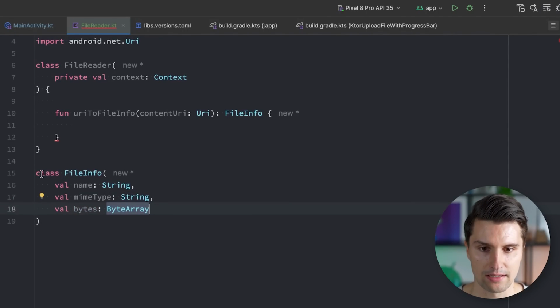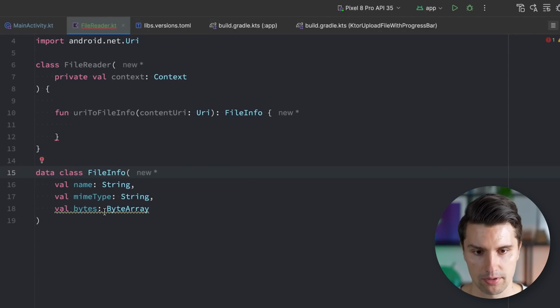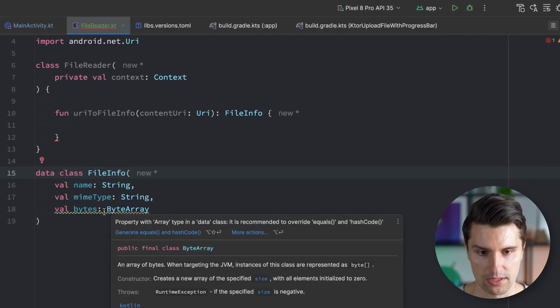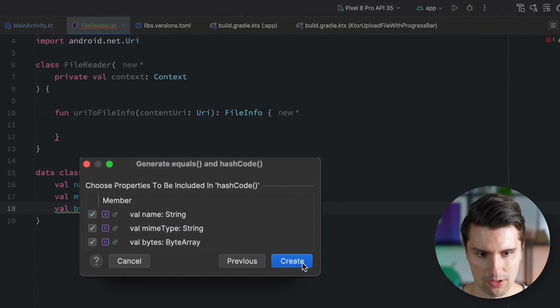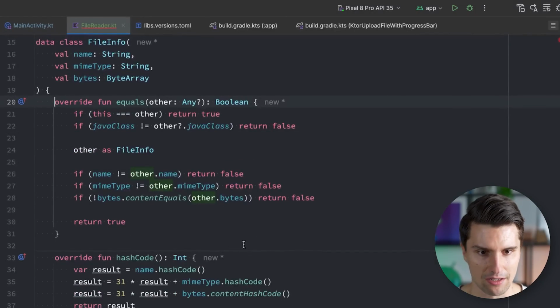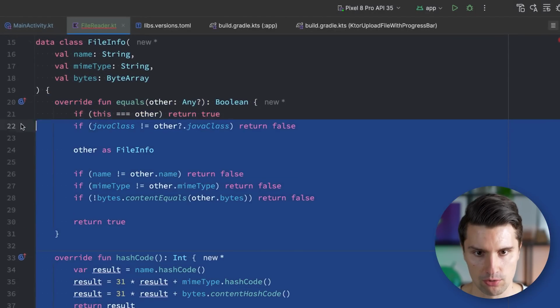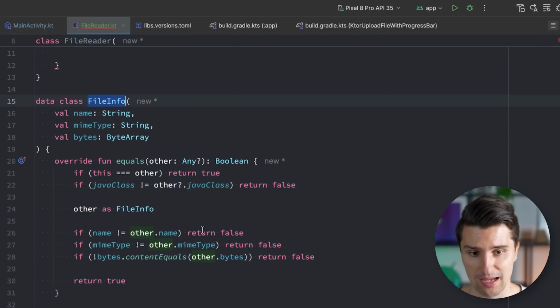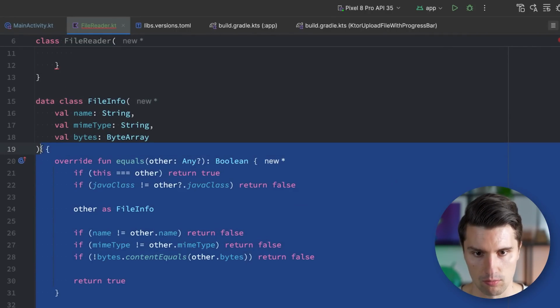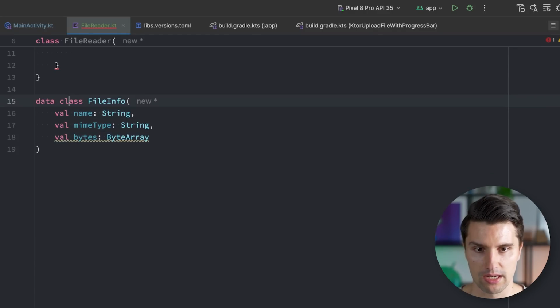We're not using a data class here, because in that case, it would complain, because a byte array by default is not comparable with the equals function. We could generate equals and hashCode here to make this comparable, but I'm not a big fan of that. You can see that looks quite complex, and you will always need to modify these two overridden functions if you change something about this class. So we just shouldn't use this to compare at all, which I think we can best communicate by just making